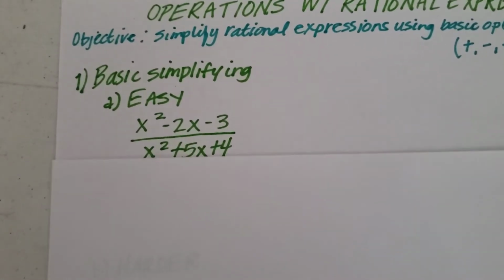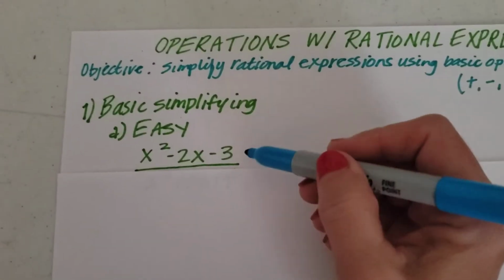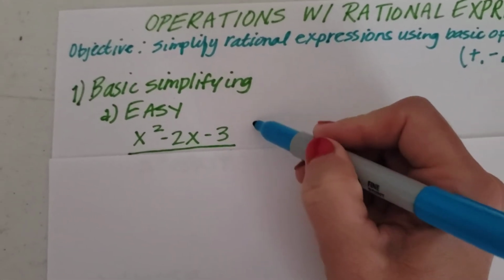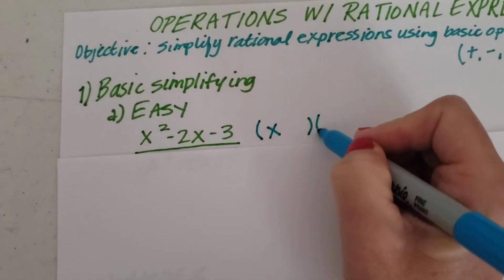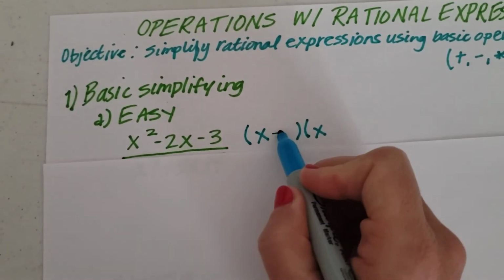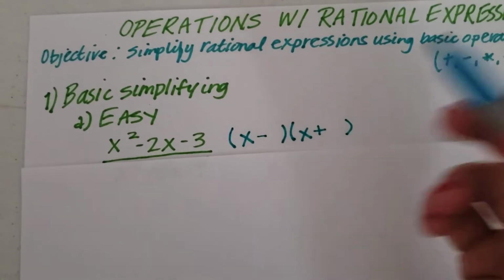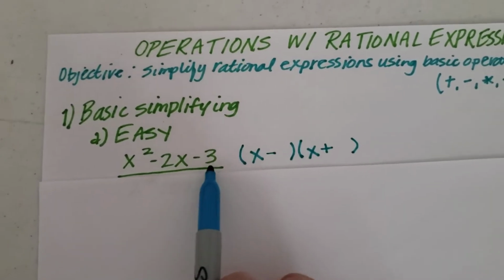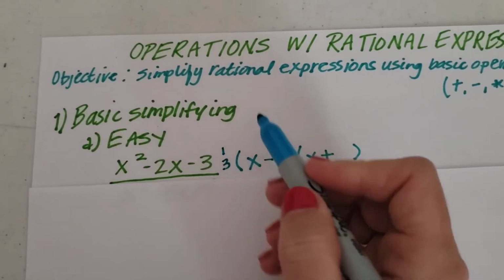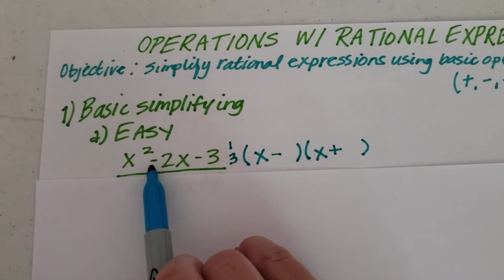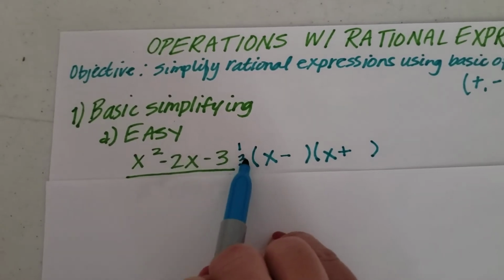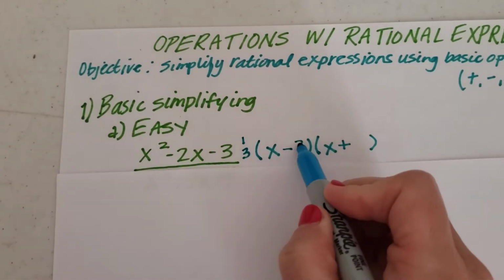But if we take a look at just the top, okay, we look at it, we know it breaks down to two factors. It's x squared, so there's going to be two parentheses. Okay, x is here and x is here. Now, because this is subtraction, I know one is going to be minus and the other is going to be plus. That's just the rule for our factors. Now, factors of 3 are both 1 and 3. Okay, so if I take a look at this and I see that my negative is going to be the one with the bigger of these two numbers here, I'm going to put that as x minus 3